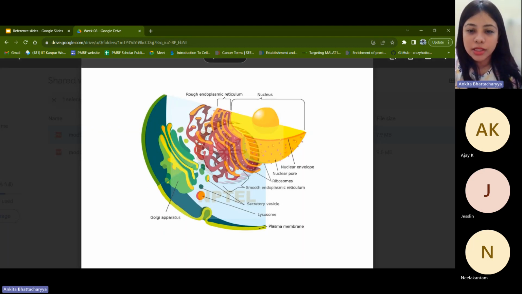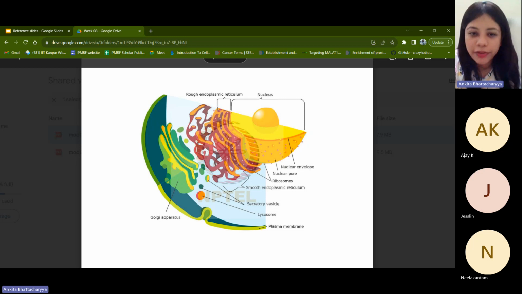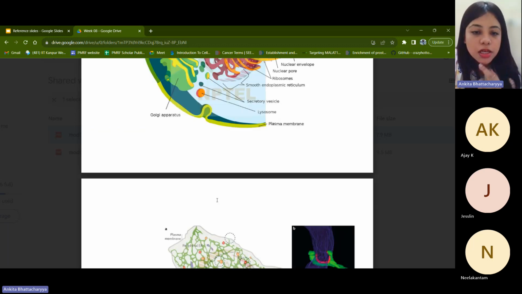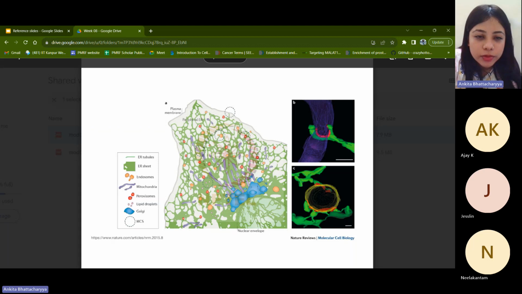Coming back to this already familiar diagram, if you remember, we saw the nucleus, in attachment the rough endoplasmic reticulum, the smooth one, the Golgi, and the external plasma membrane. Interspersed, you see lysosomes and secretory vesicles, which are present not randomly but at certain positions inside the cytosolic environment. Next, the focus zooms in more towards the nucleus, the nuclear membrane, and the nuclear environment. What you see here is a sheet-like structure.